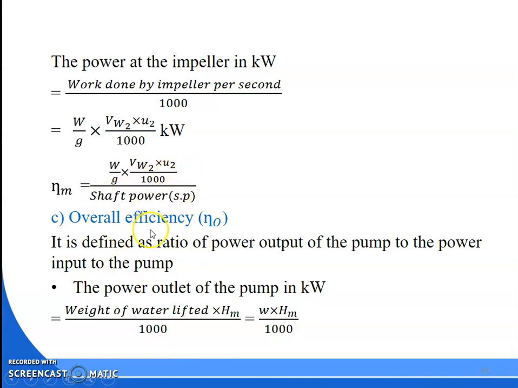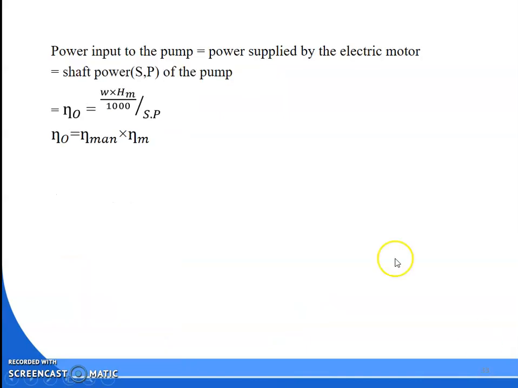Then we got the overall efficiency. That means total input and output. What is the input? Shaft power. What is the output? The power available at the water. So power available at the water to the power available at the input shaft, or shaft power, will give you the overall efficiency. The relation is manometric efficiency into mechanical efficiency, that will give you overall efficiency. But in case of turbine, hydraulic efficiency